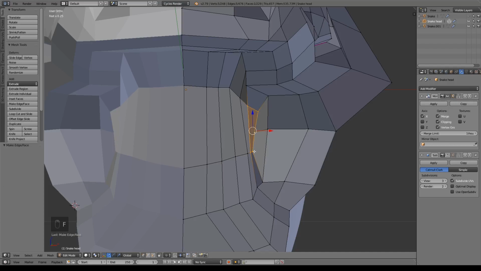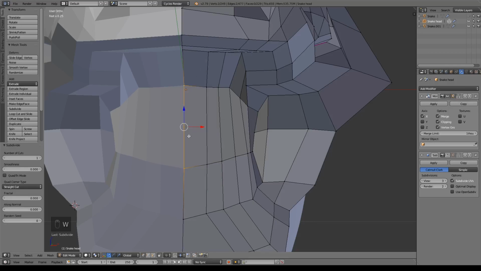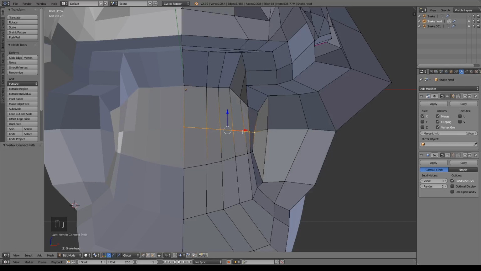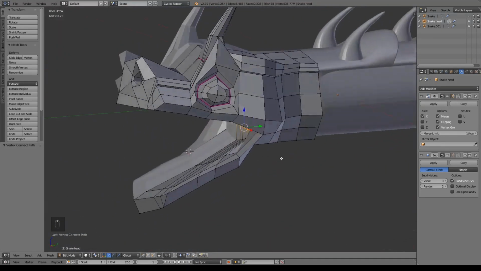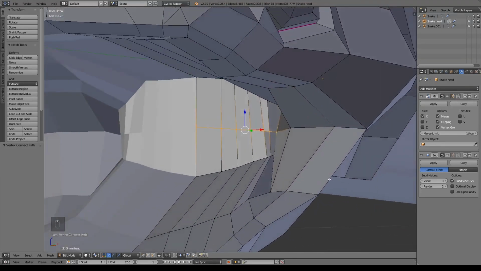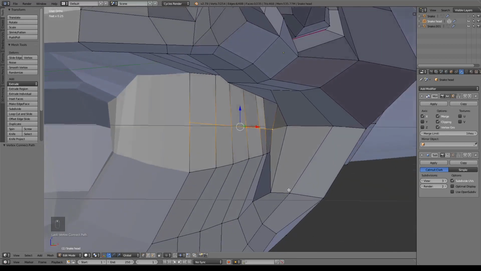So we'll do face, this and this, W, subdivide, grab this vertice and this vertice, hit J for join to make sure we don't have another 5 here. So that will work pretty good. And while our subdivision surface is off,